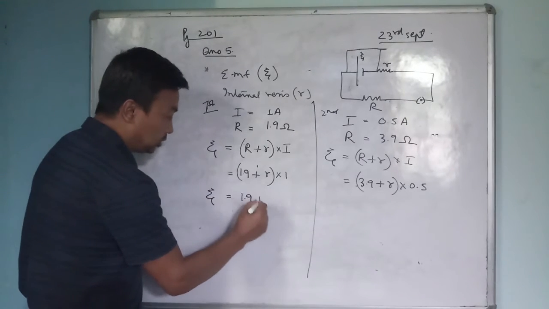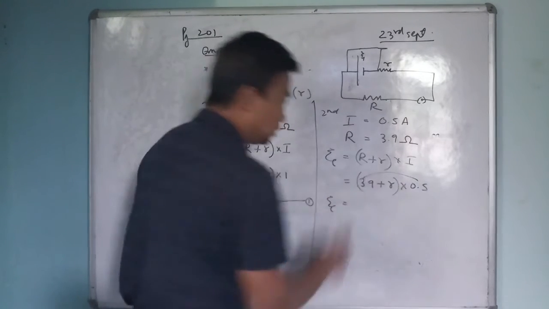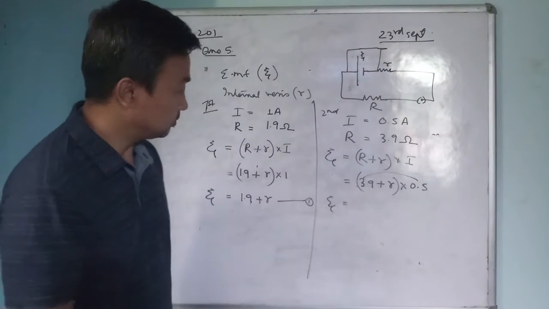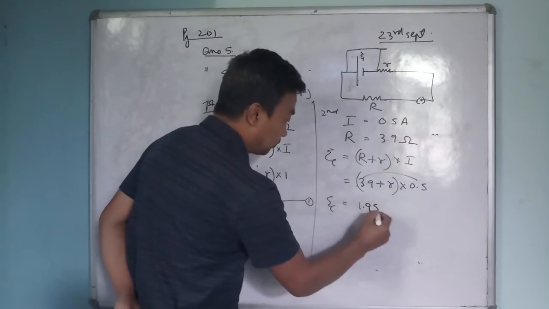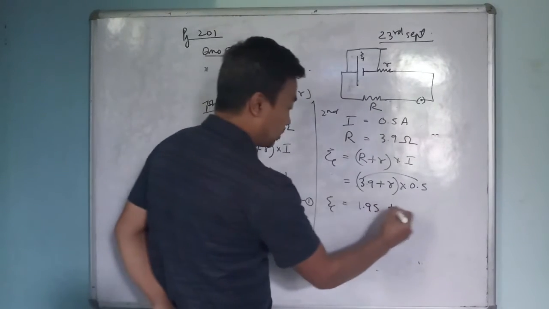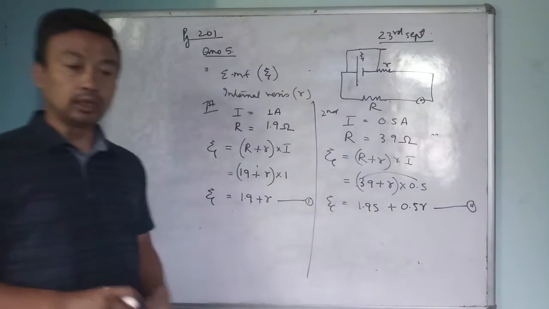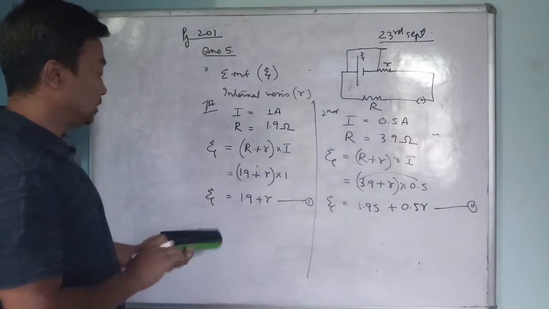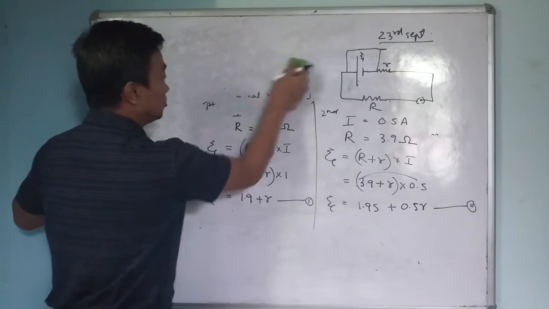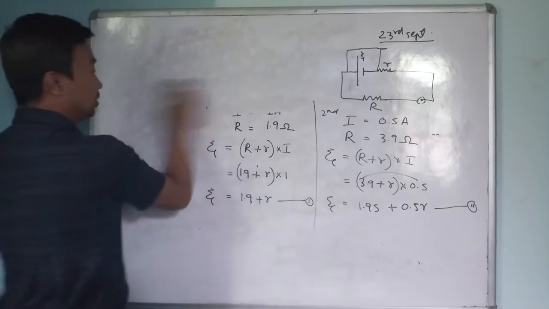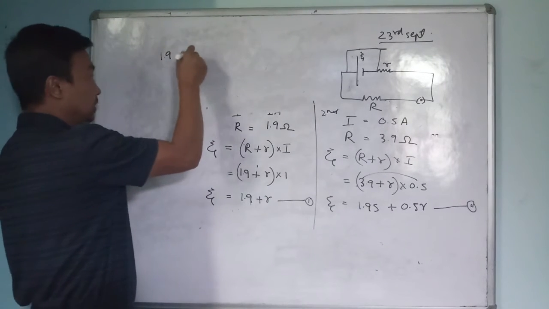So now it will be 1.9 plus R, make this equation 1. You can open this and multiply 3.9. 3.9 into 0.5 is 1.95, I think, yes, plus 0.5 R. Let us make this equation 2. Now what we observe here is both the EMF is the same, so let us take that 1.9 plus R equals